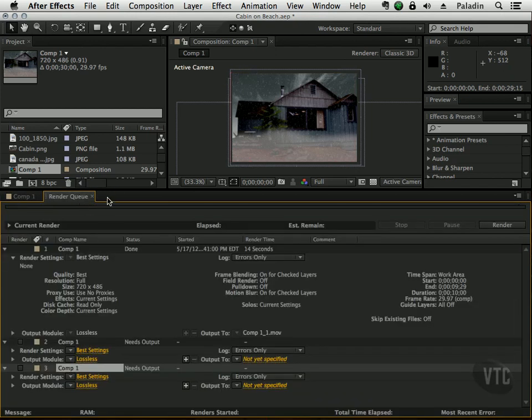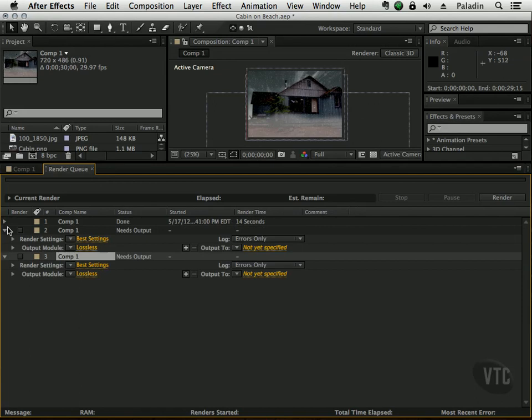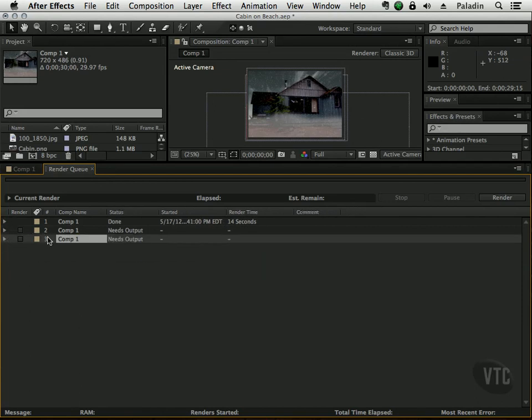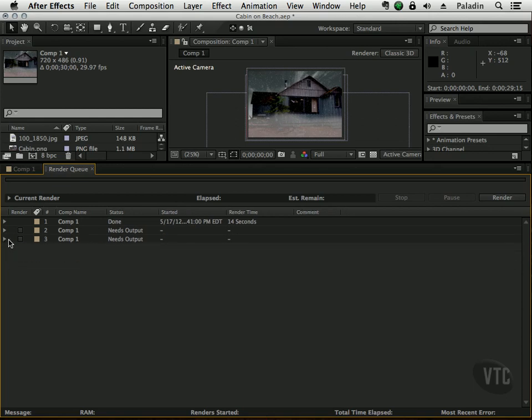So the render queue is really a place you want to spend some quality time before you actually render out your comp. And I can just twirl this closed here, and you can see I have some other stuff in here. So every time I render this comp, it's going to give me a little area in this queue, and it tells me which ones have also been completed. For example, comp 1 has been completed on the 17th. It's 14 seconds. These two need output, so they have not been completed. So I have to go ahead and get those ready and choose an output format, which we're going to talk about in the following lesson.